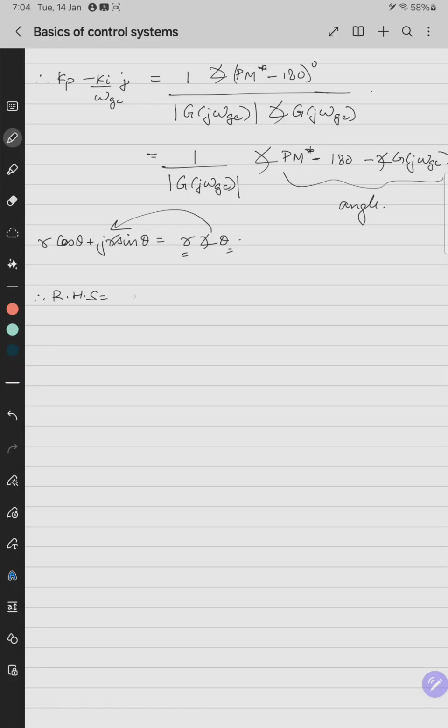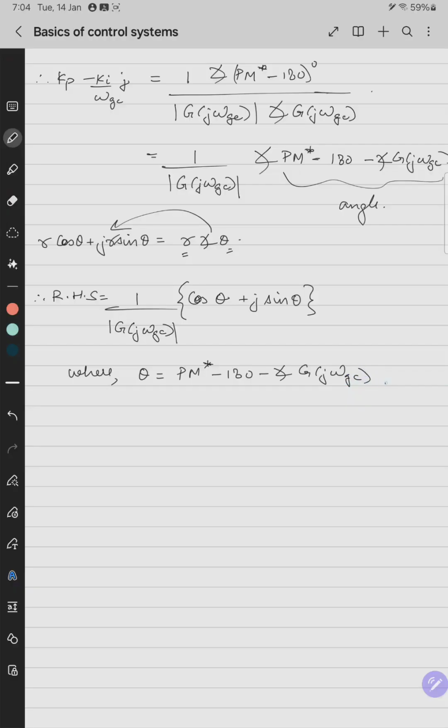So r is this, 1 by mod of G of j omega gc, into cos theta plus j sin theta, where theta is PM star minus 180 minus angle of G at j omega gc. Okay, then equating LHS to RHS,